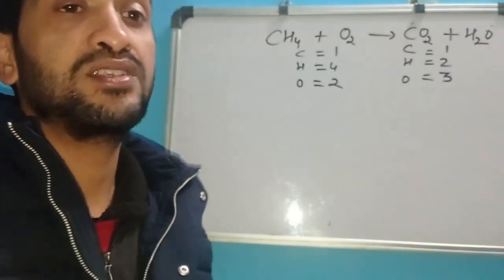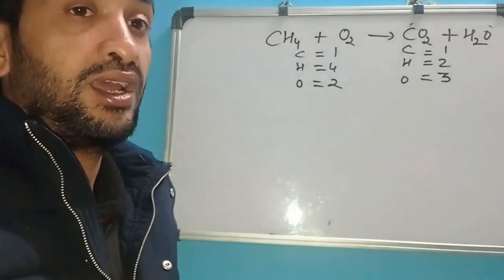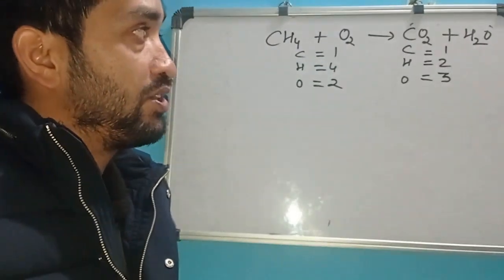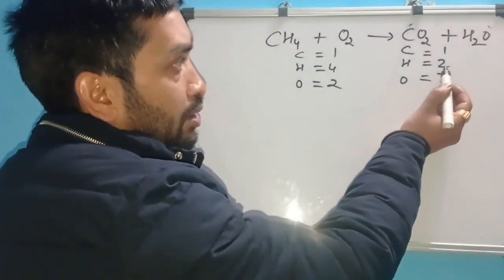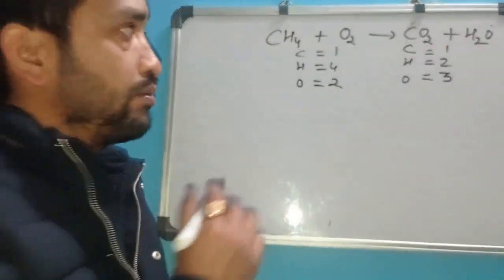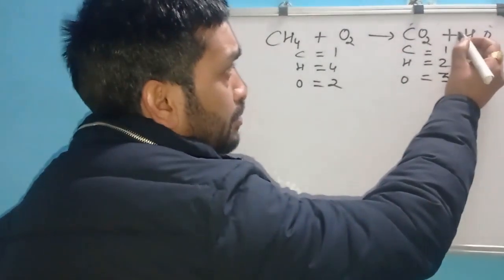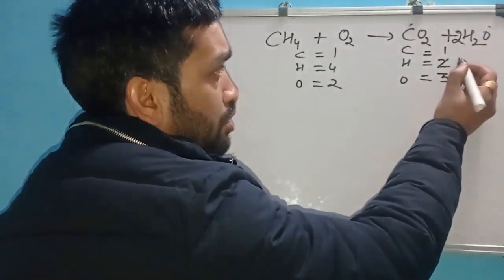So let us first balance hydrogen. So we have to make changes, LHS or RHS? We have to make changes in RHS. Why? RHS has a lesser number of atoms, 2, and here it's 4. So let us make it 4 by adding 2 here. So now hydrogen is 4, but